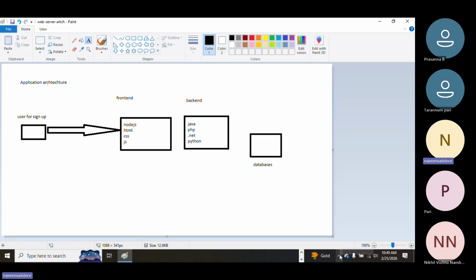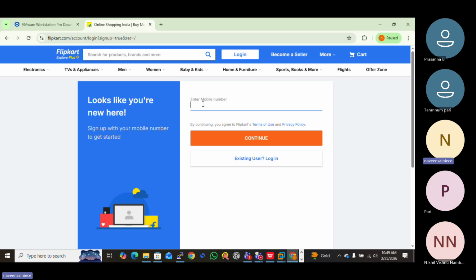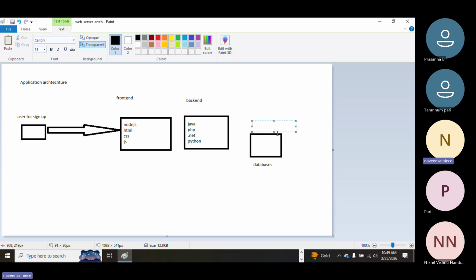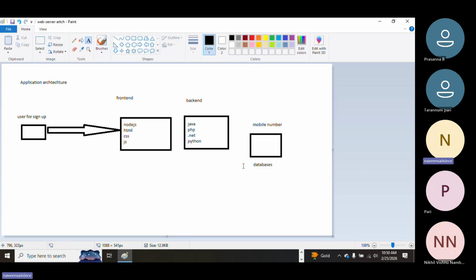So whenever a user comes, whenever they enter the mobile number, the front end will take that mobile number and the backend side will process it in the backend technology, and they will write the mobile number in the database. Like that they store.